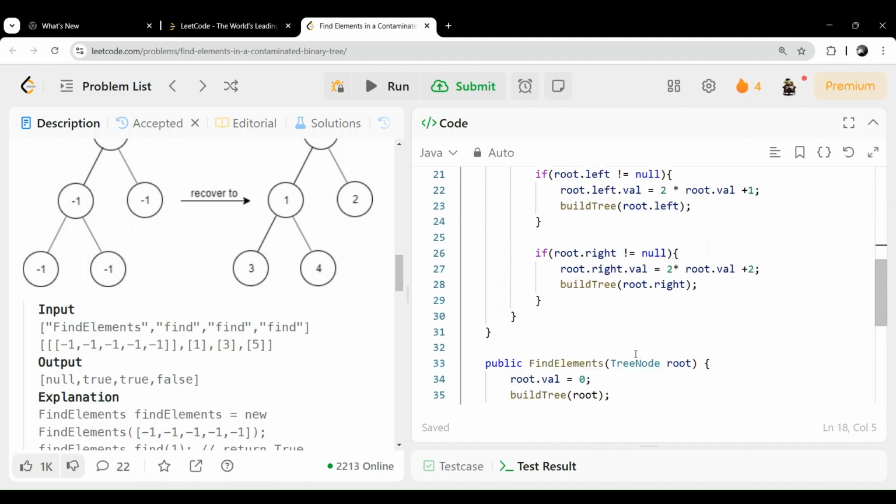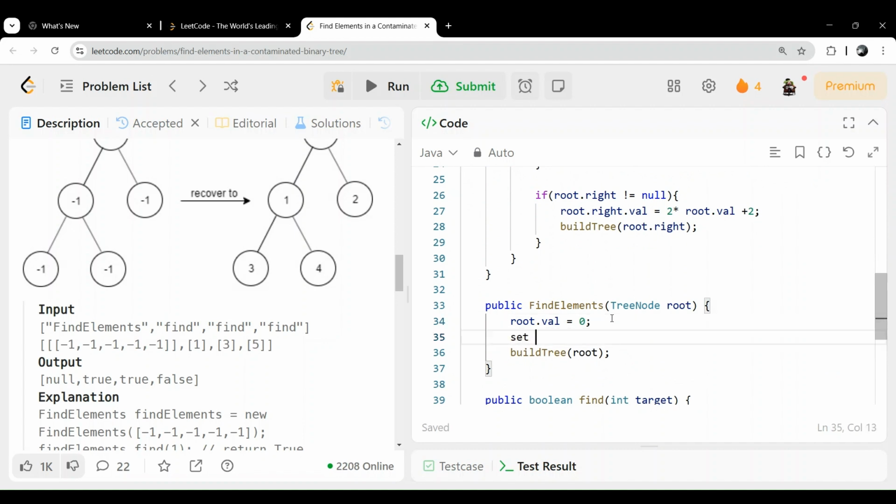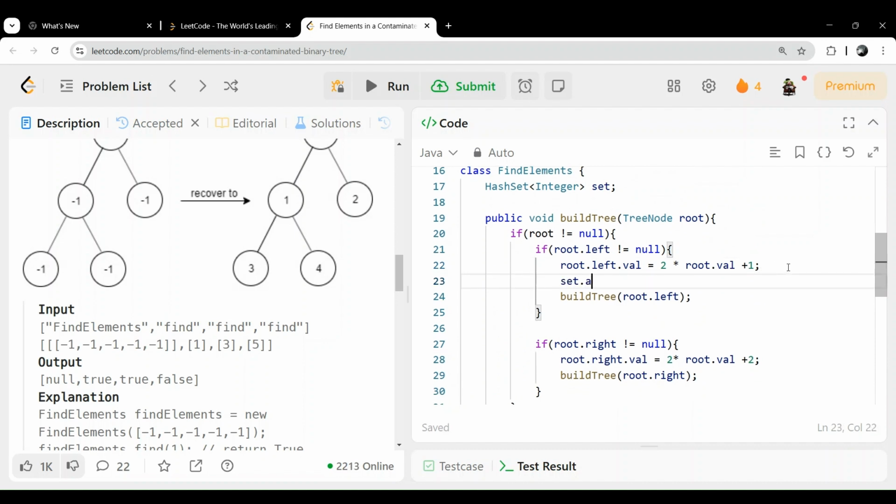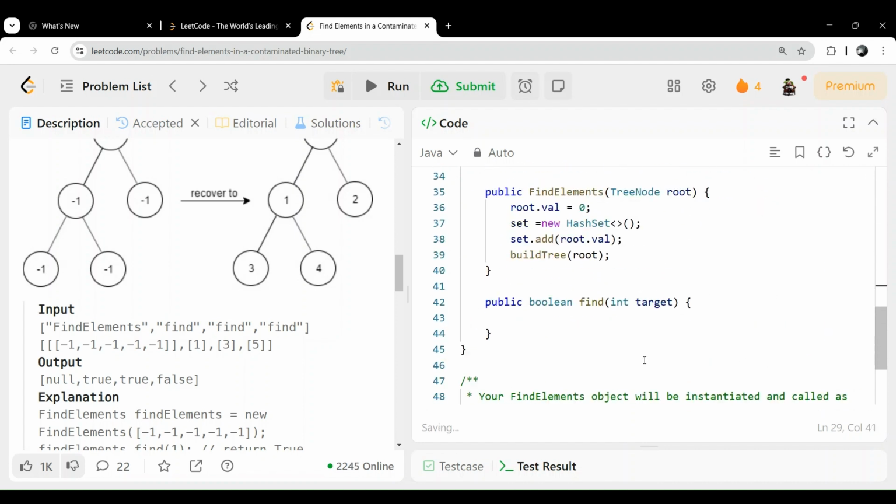So we declare a HashSet of Integer. In the constructor we initialize the set with a new HashSet, first add root.val with set.add, and then in build tree, every time we do set.add(root.left.value) and set.add(root.right.value). In find, we just return set.contains(target).